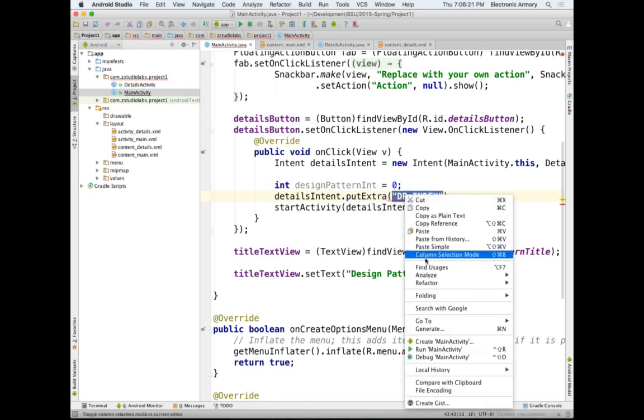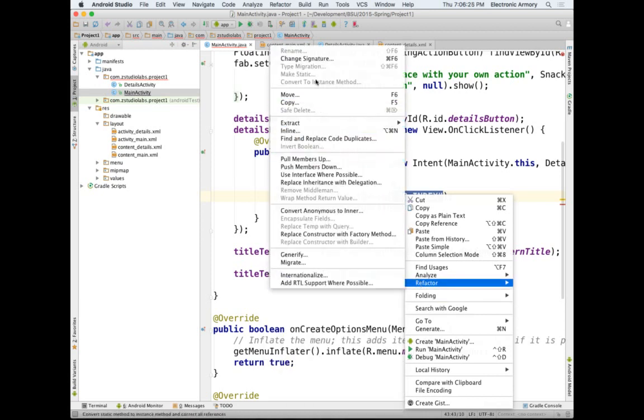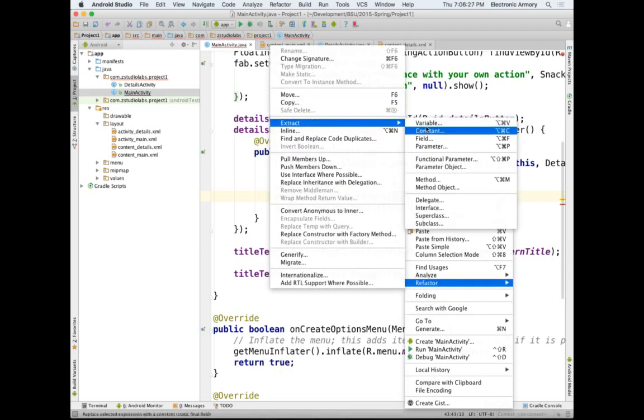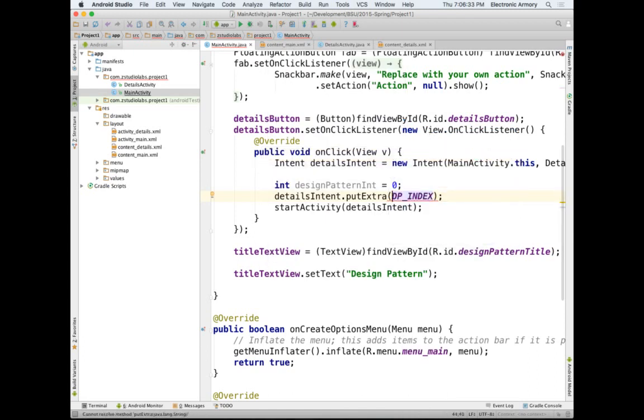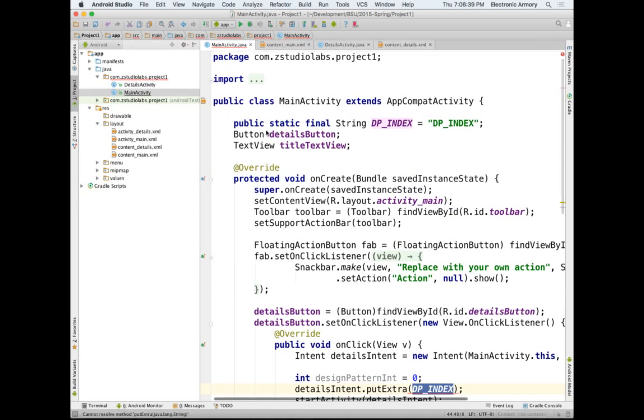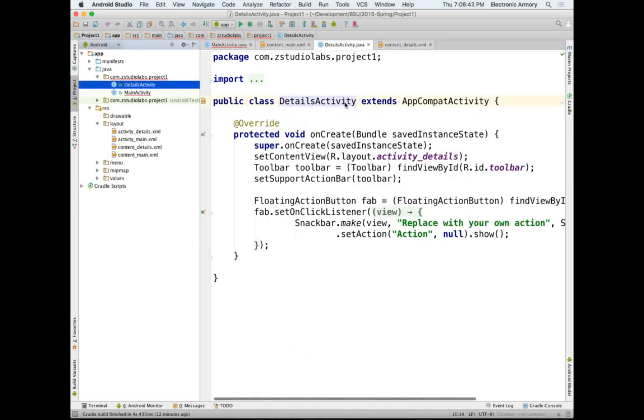Doesn't really matter what you call it because what I'm going to do here is highlight it, right click on it, go to refactor, extract as a constant. Give it a name, that's fine, you can type it in there, hit enter, it'll declare it as a constant, put it up at the top. So now what I can do is copy that and make sure it's public, so public here, and then in my details activity,